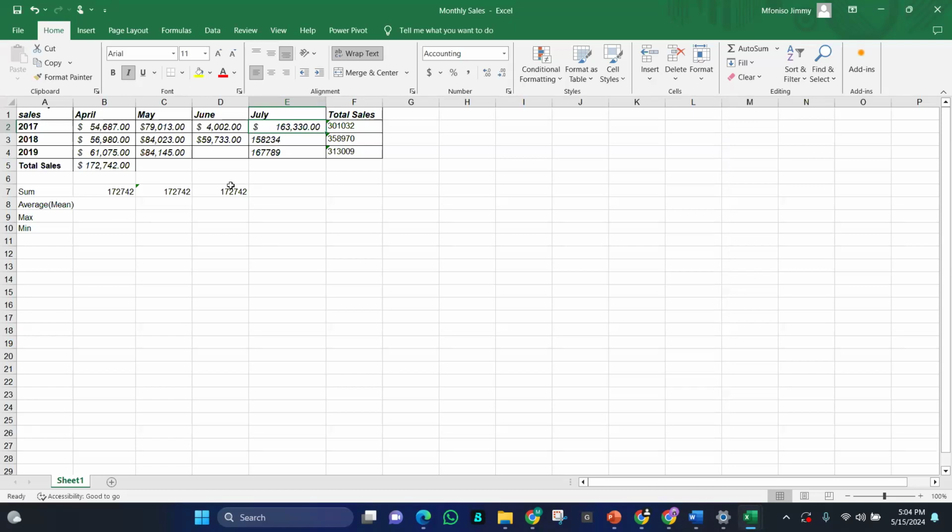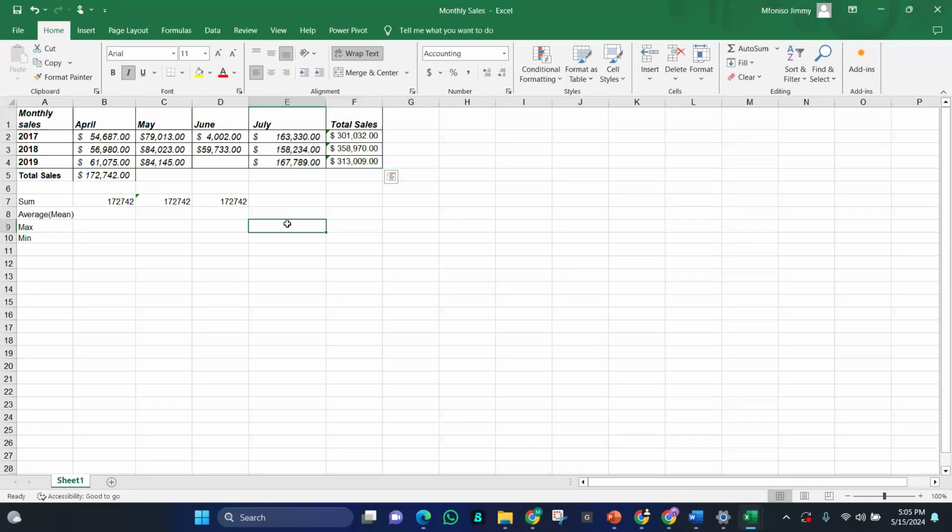We don't only add through the columns. You can as well add through the row, and we can as well add the whole table. It's as wide as that. For example, let me format all these things to accounting formats. Let me show you. Okay, we input. Do not forget your equal sign.